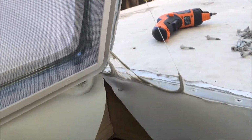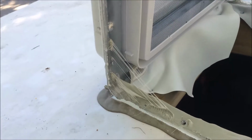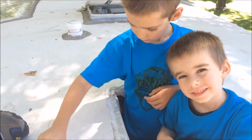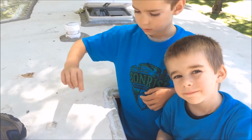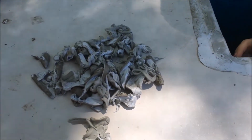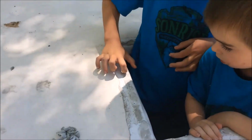Again, it looks scarier, seems scarier than what it really is, but just go slow. Okay, we're up here again, still working on getting all of the old butyl and Dicor off the roof, but